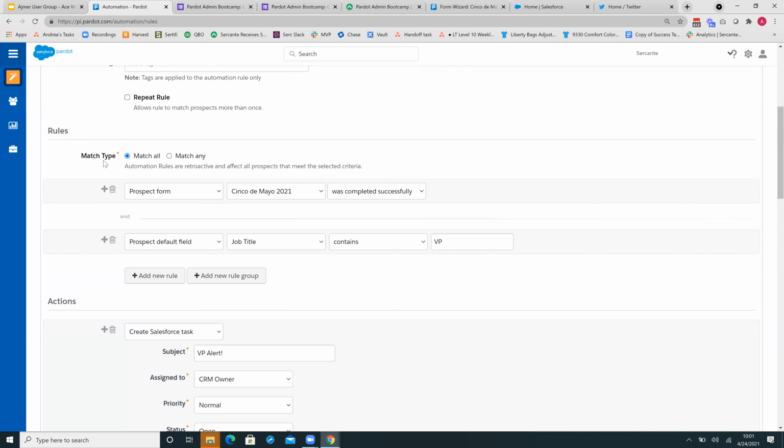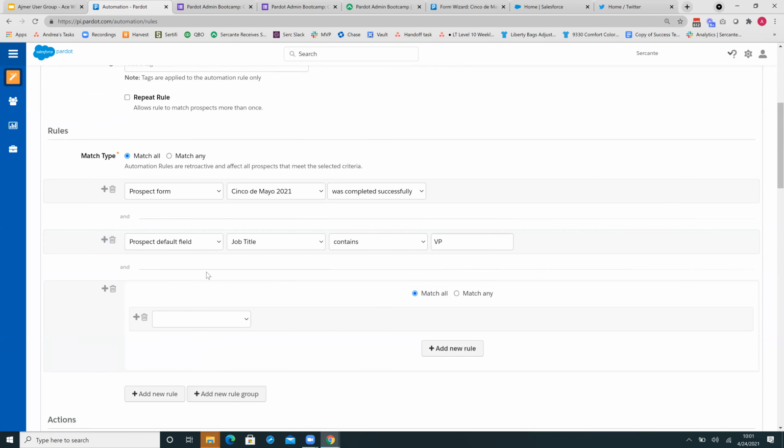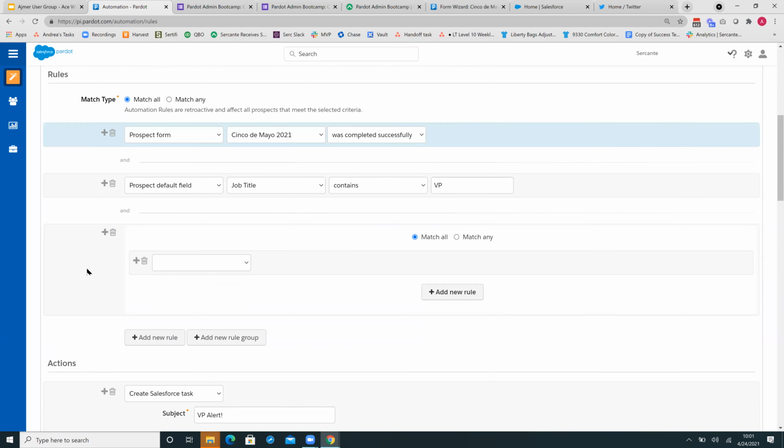One other thing I'll highlight in this rules section here is that we can also create rule groups. So if you want to say, okay, they need to meet all of these criteria, but in this scenario, we're okay if they have a job title of VP or they're, actually, that's not a great example. I think location is a really good example of that. So let's say we want, okay, anybody who filled out the form, anybody who's a VP level, but we want to target UK and Canadian